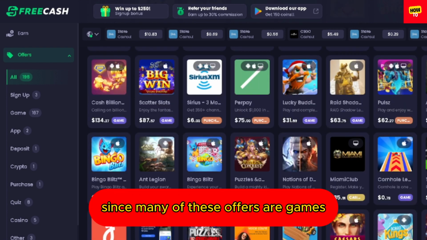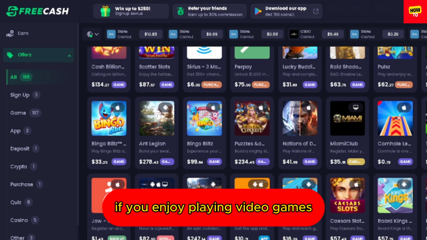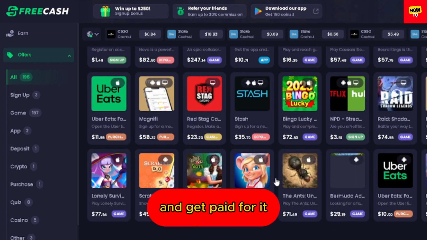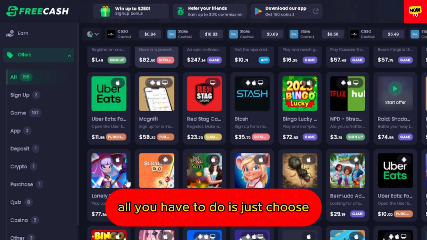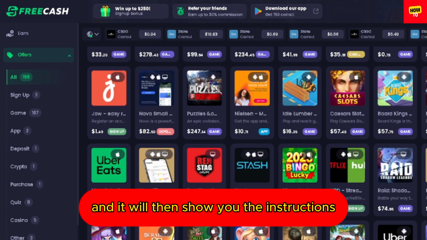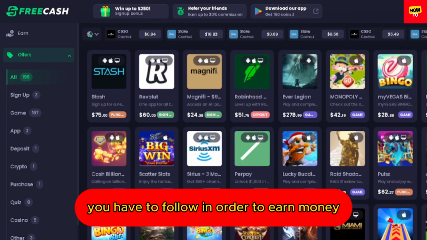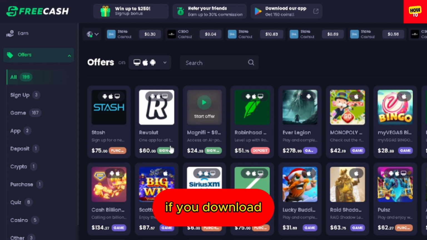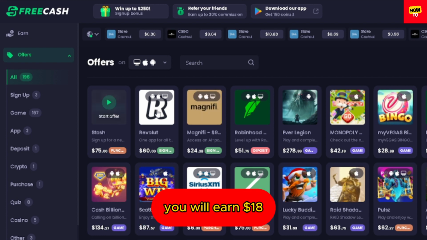Currently, you can earn a respectable living here as well. Since many of these offers are games, if you enjoy playing video games, you might as well come to this website and get paid for it. All you have to do is just choose and click on one of them, and it will then show you the instructions you have to follow in order to earn money. For instance, if you download and play this game here, you will earn $18 for this game,